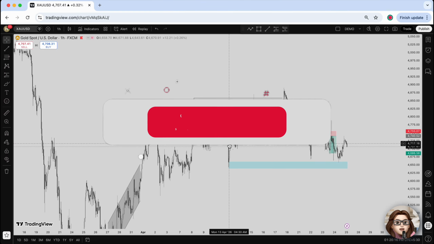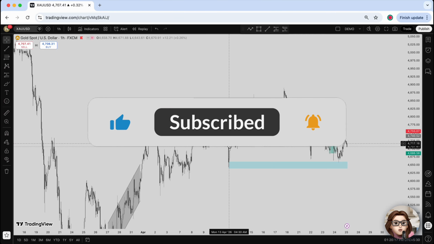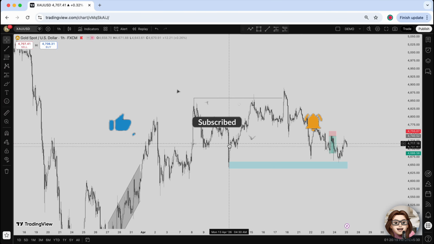In this tutorial, I'll show you how to resize charts in Tradingview so your charts are clean, clear, and easy